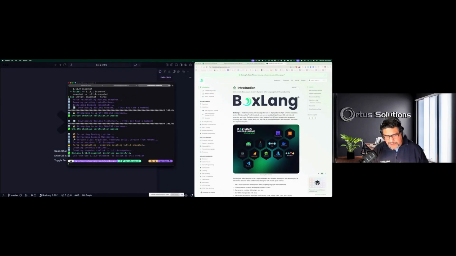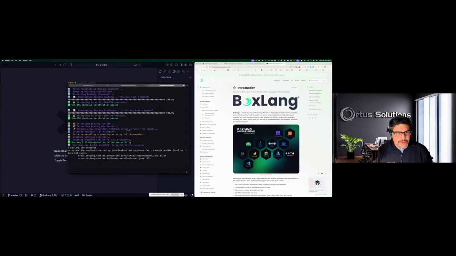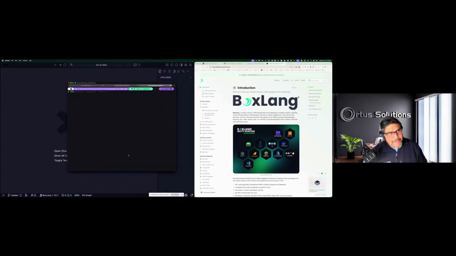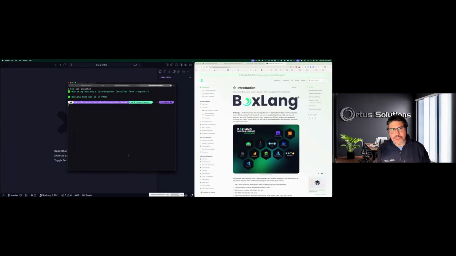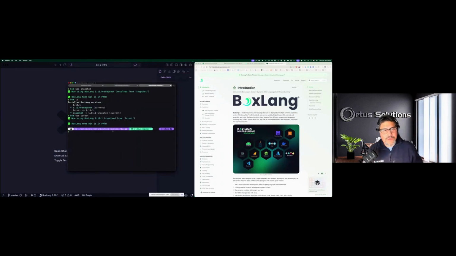Remember, operating system. This is just pure operating system BoxLang. Now I can basically say BoxLang use, and I can say snapshot, right? And that will change to the snapshot. Maybe there is a bug on that one. I said BoxLang, not BVM. BVM use, right? And then I would say I want to use the snapshot version, right? And now it uses the snapshot version, right? I can change again and say current, or I forgot which one it was. BVM use latest, right? And now it's using the latest.